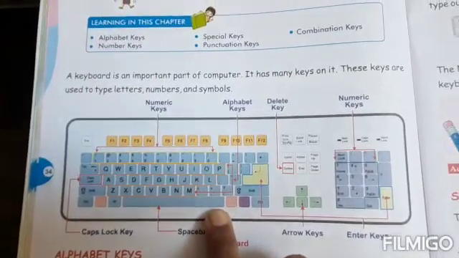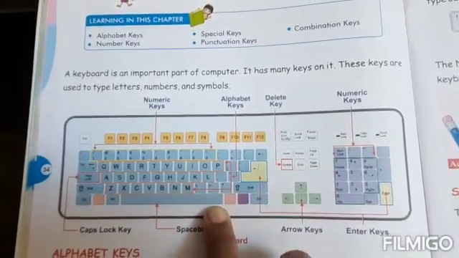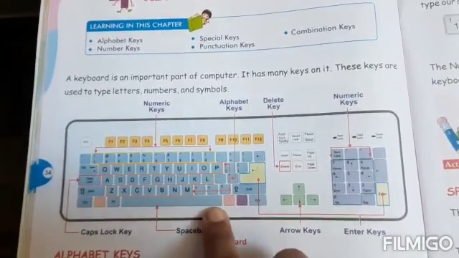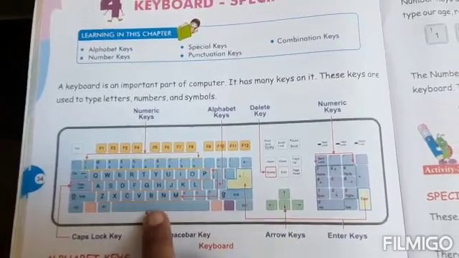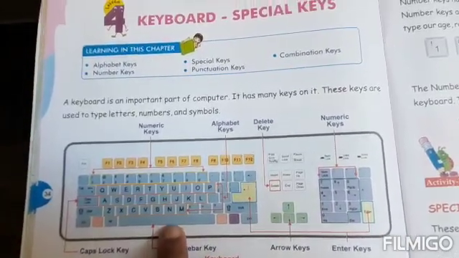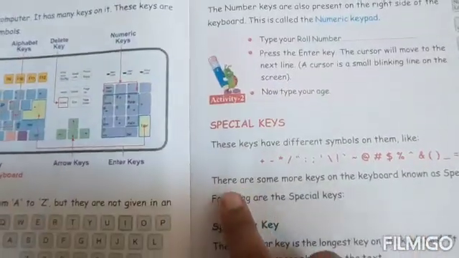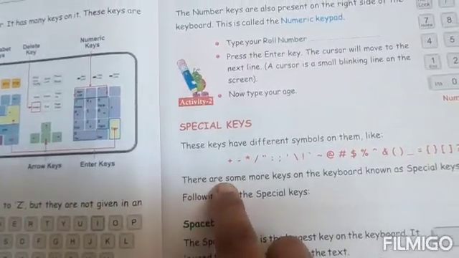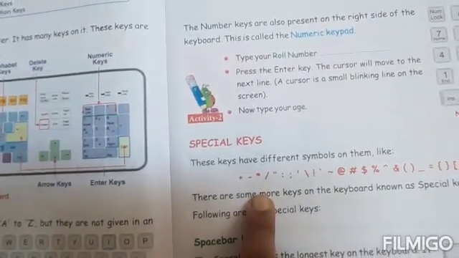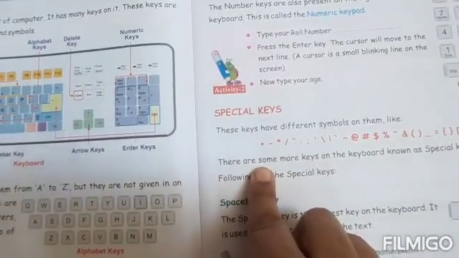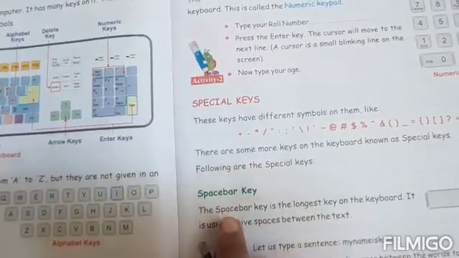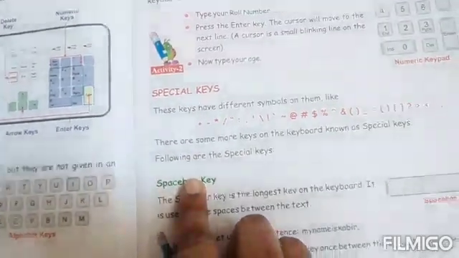And what is the function of the space bar? The function is that when we want to give a space between two words, two numbers, we use the space bar to give that space. Can you see here in the book also, after every word there is a space? After every word there is a space, and if you want to give a similar space when we are typing on the keyboard, we use the space bar to do that.